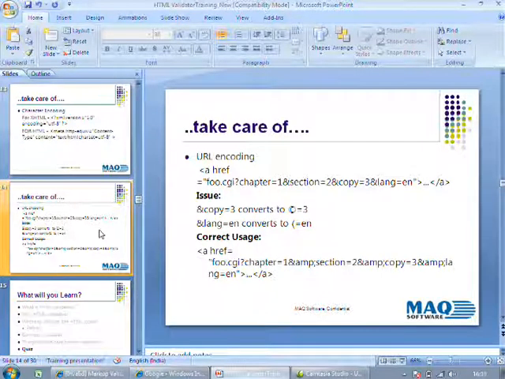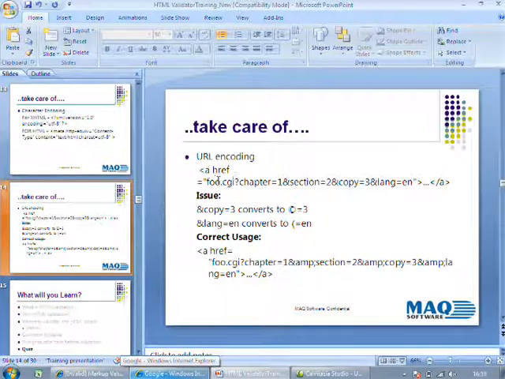First, in this URL encoding, he has given a hyperlink, a href, character is equal to 1 ampersand section and 2 ampersand copy and copy 3 ampersand language is equal to ln.